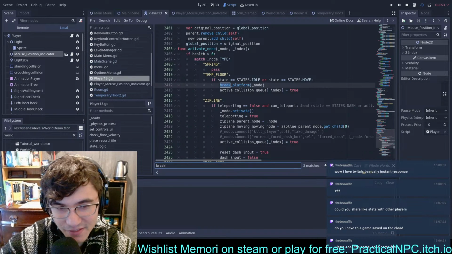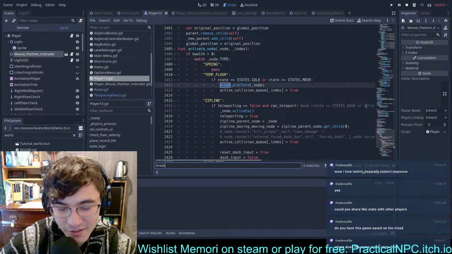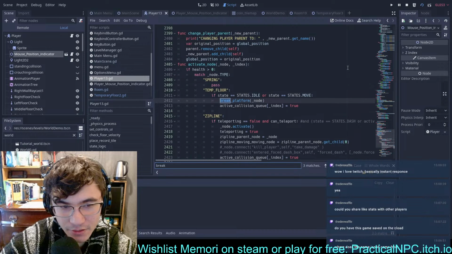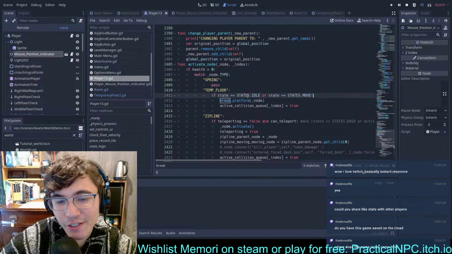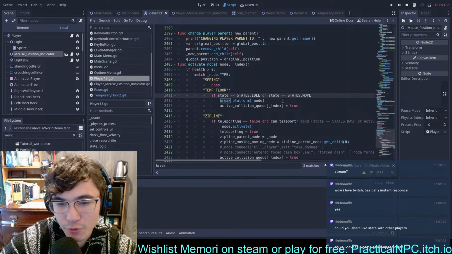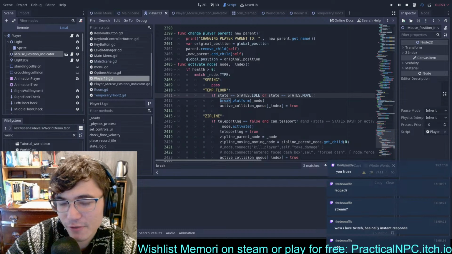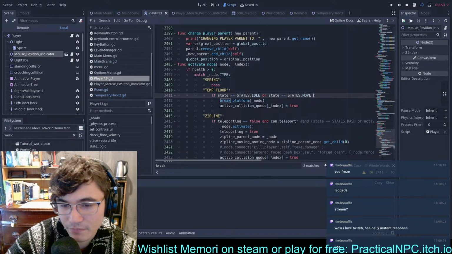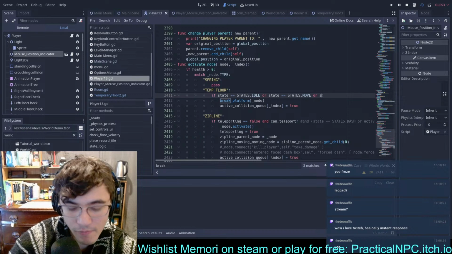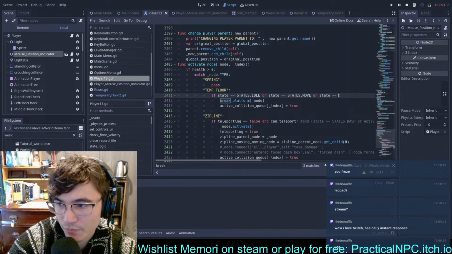I can't wait to refactor everything because there are just a lot of issues here. So yeah, we do temp floor. If our state is equal to idle or move, this is when we break the platform, but we should do slide. Or I don't know if we should do slide, but we definitely should do climb. Or state is equal to